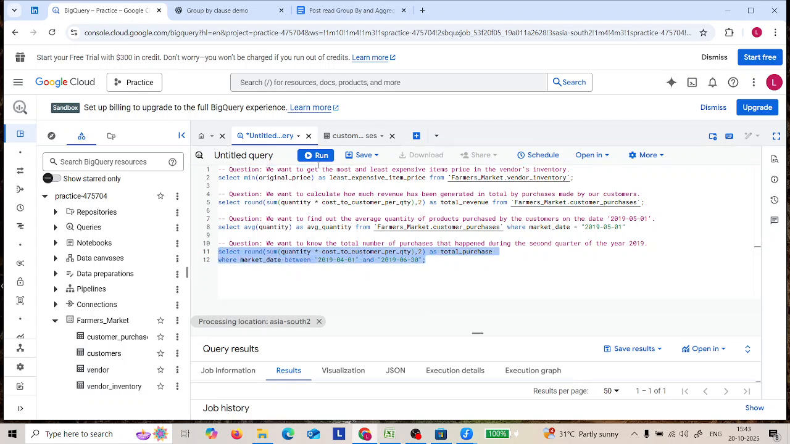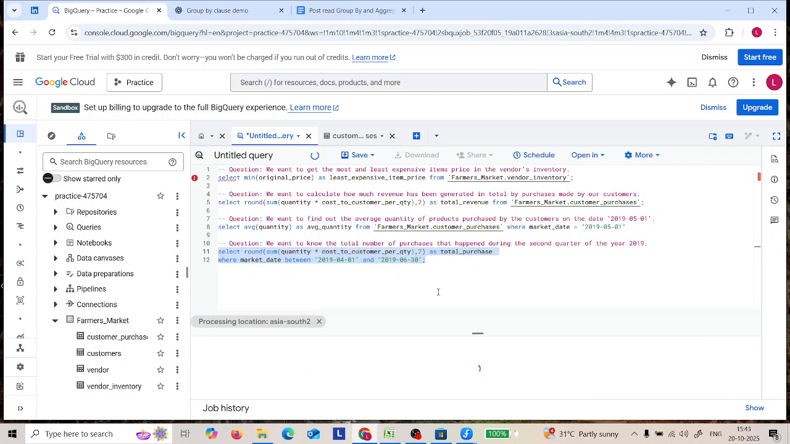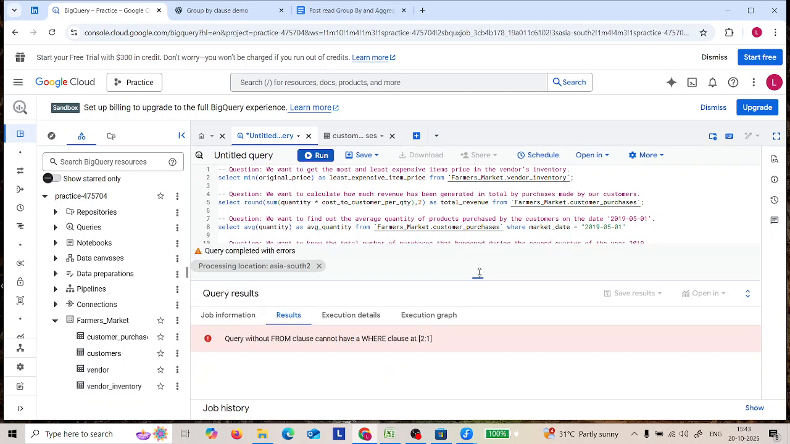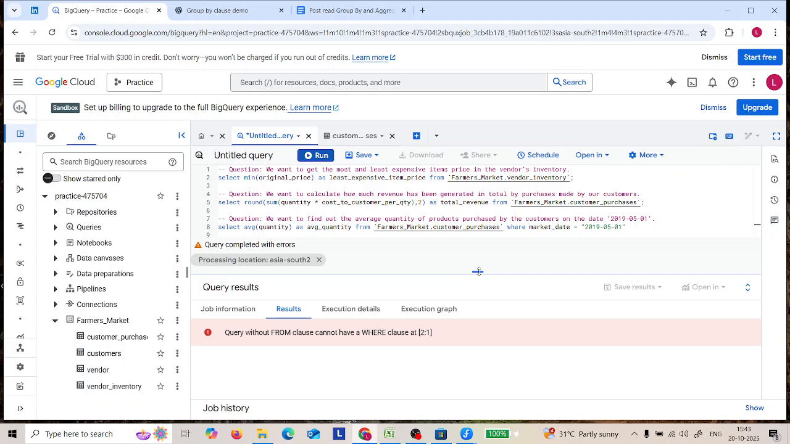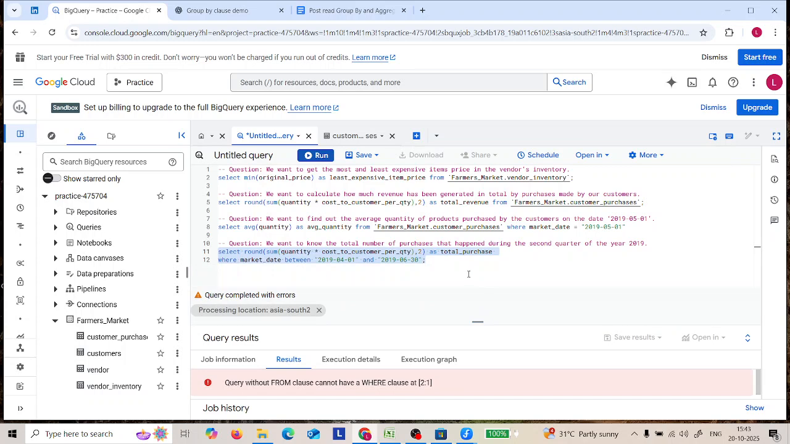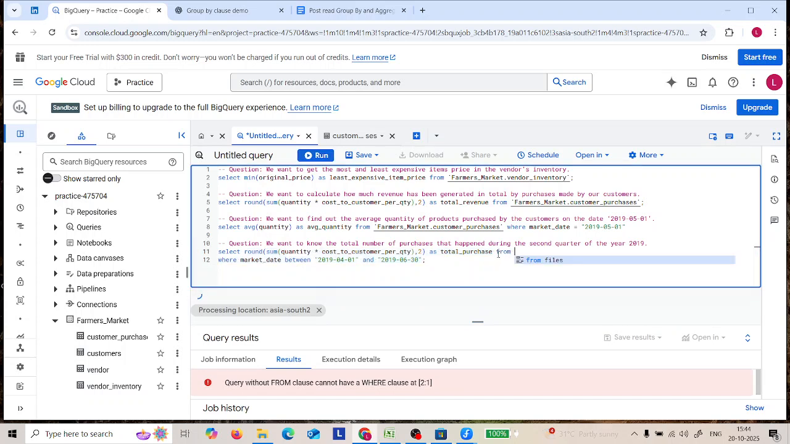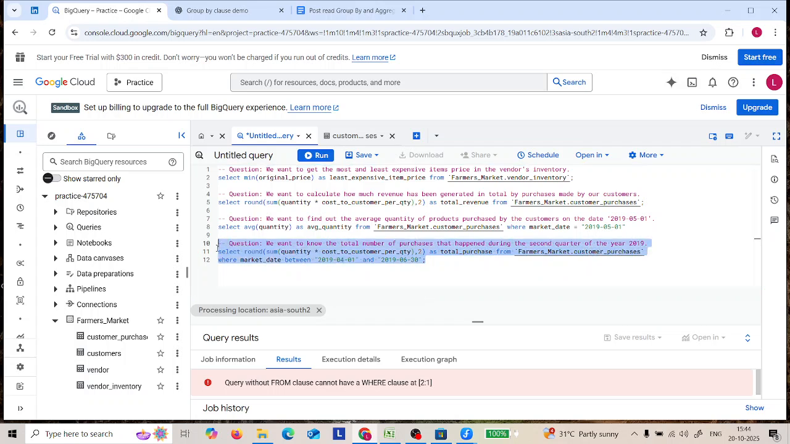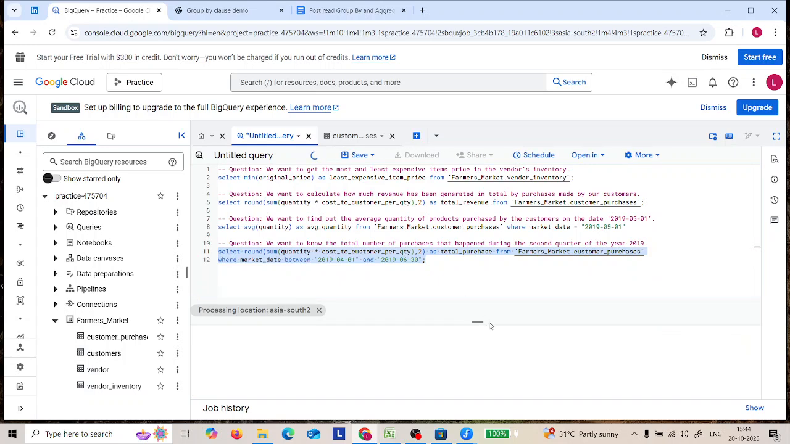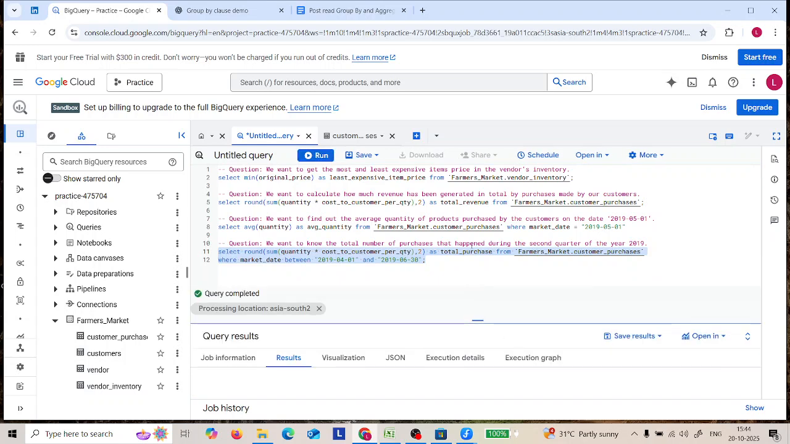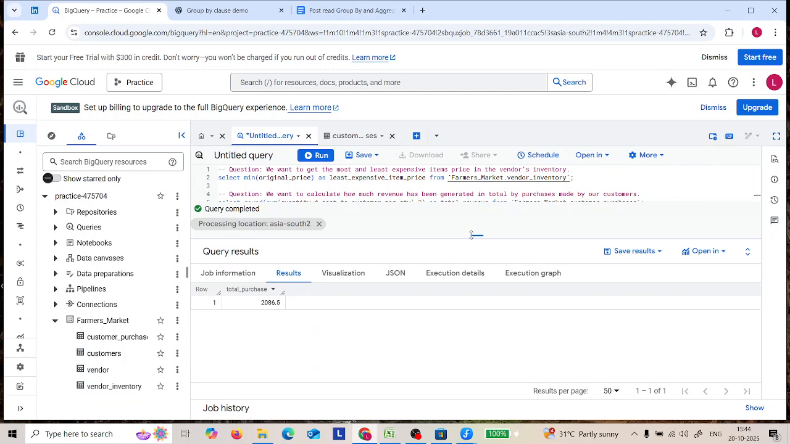Now let's run this query and see the output. Sorry, I forgot to write the from. From, we write the table name, from customer purchases. Okay, now if you see, so the total purchase is